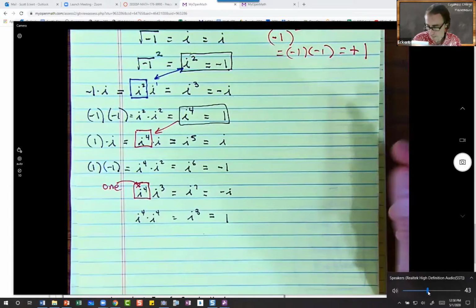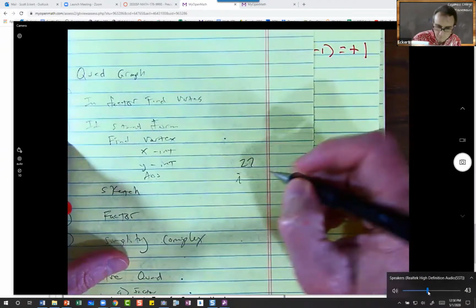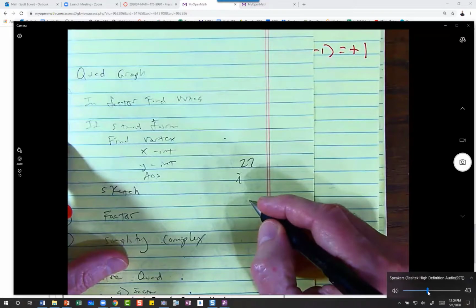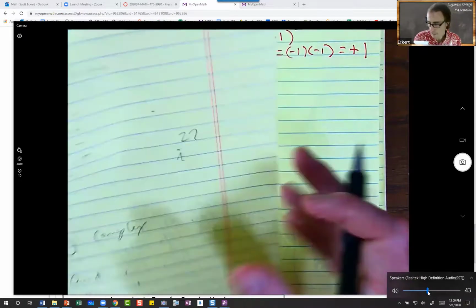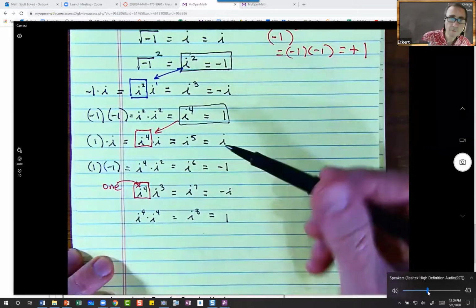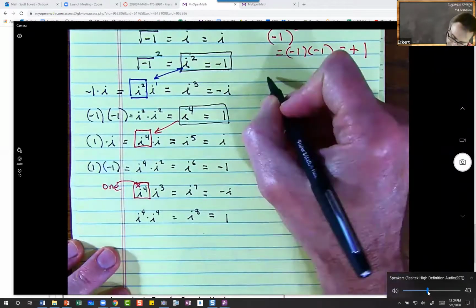Which way is best? Let's see, 4, 2. Let's try it both ways here. So now we've got this pattern here, but what if we want to simplify